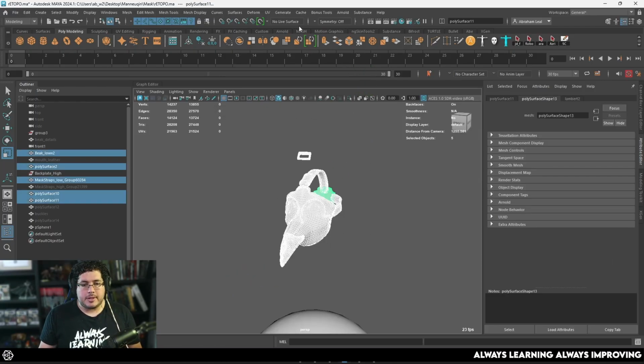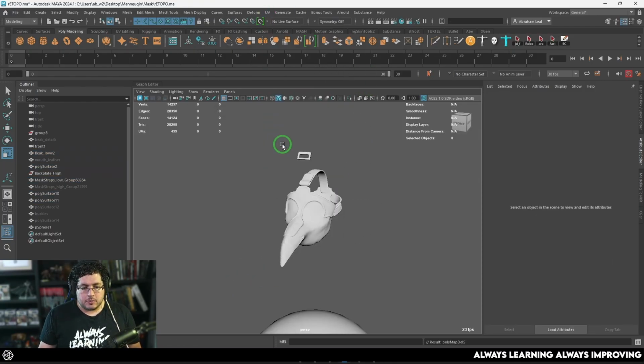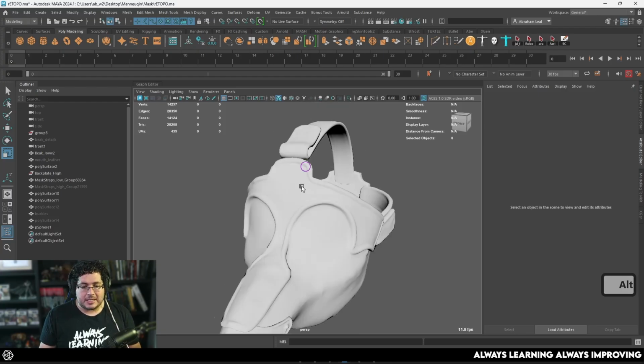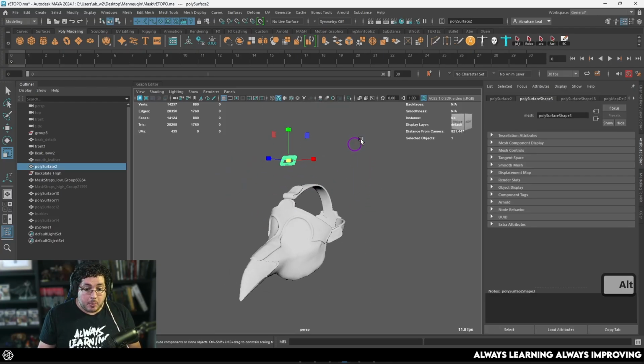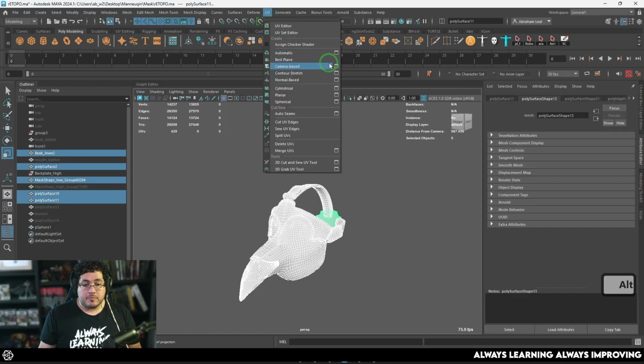First step, delete UVs. So we're going to go to UV and delete the UVs. We don't want to start with any UVs. We're going to start completely from scratch, and this is going to ensure that all of our UVs are as clean as possible. Then I'm going to grab all of the elements and do a UV